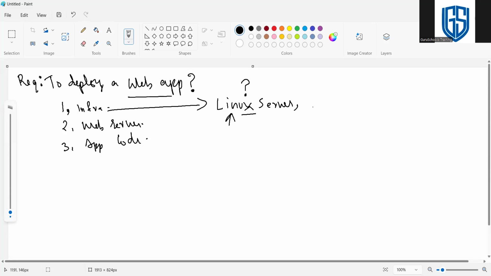So networking resources would not come here. No, I'm just talking about the infrastructure. Okay, infra in the sense of computing. So the DBs and all those can come. Yeah, that we can configure within the Linux server, no problem. Okay. We can spin one more Linux and configure the DB, and we can connect with those machines.